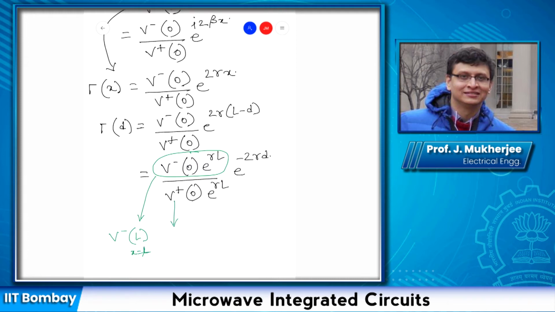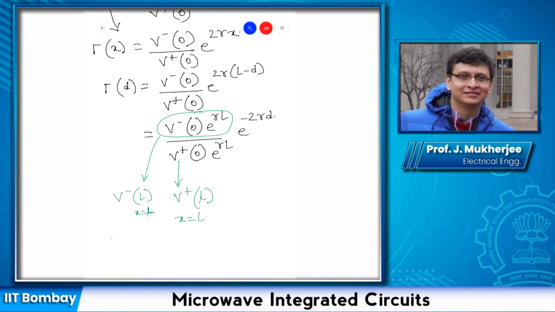Similarly, this is V plus of L, that is at x equal to L. So from this I can write gamma D is equal to V minus